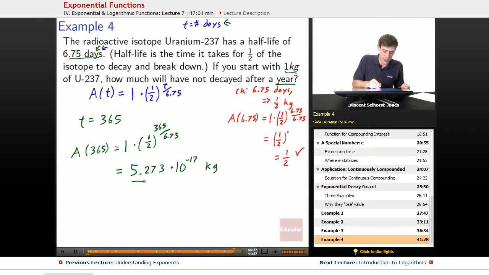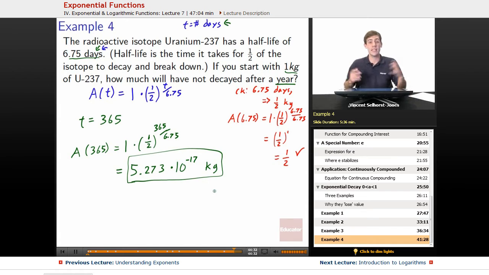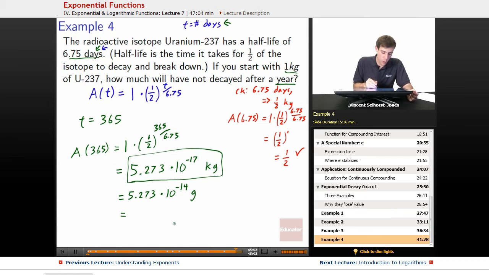Really, really, really small number. To appreciate how small that is, let's try to expand it a bit more. 1 kilogram is 1,000 grams. So that means that a kilogram is 10 to the third grams. So we could also write this as 5.273 times 10. If it's 1,000 grams for a kilogram, then we're going to increase by 3 in our scientific exponent. So in scientific notation, we're now at 5.273 times 10 to the negative 14th grams of our material, which if we wanted to write the whole thing out, we would be able to write it as